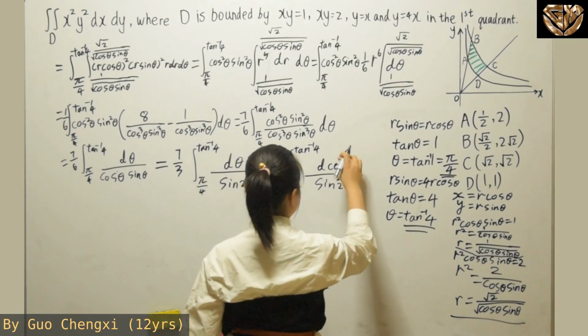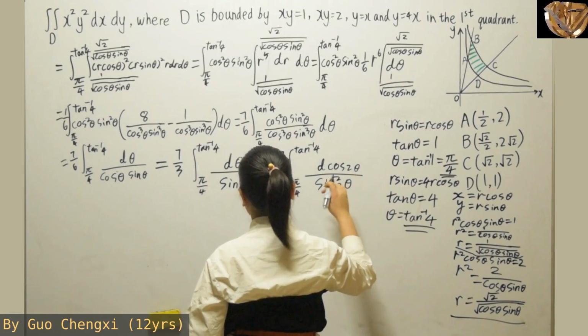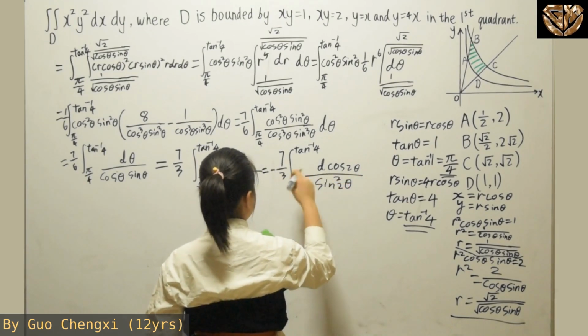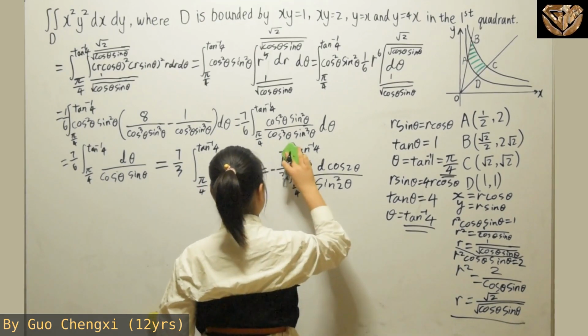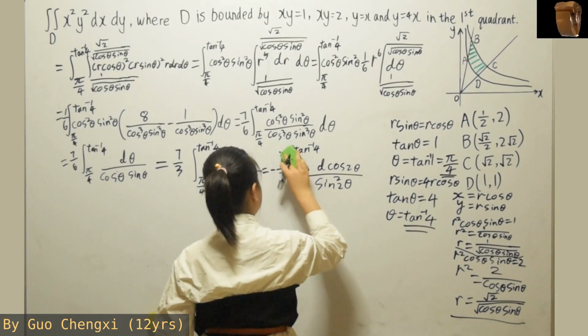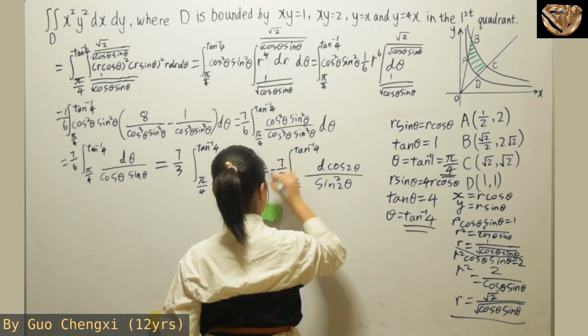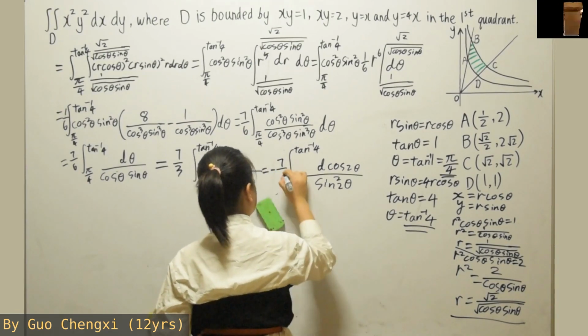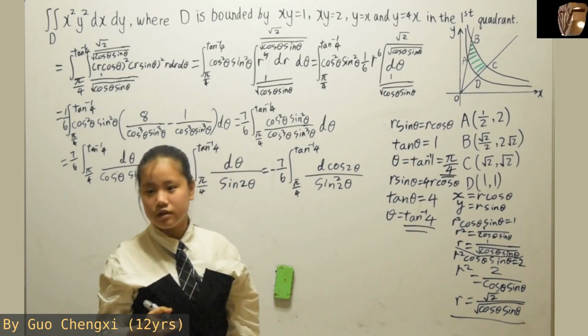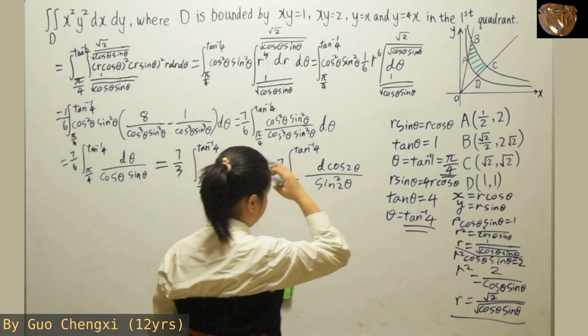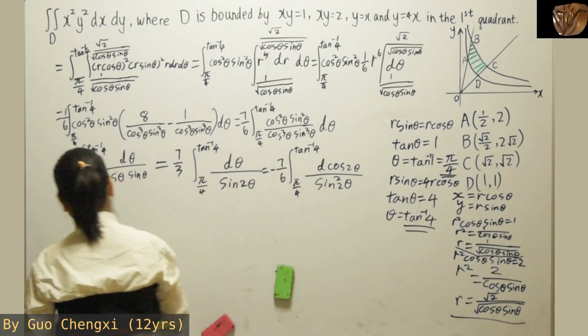So it will become, so for this when you integrate sine, you get negative, and then 2 theta, the 2 you can put it outside, which will get seven over 6 again. Okay, so for this part, what we're going to have for this, for the denominator is